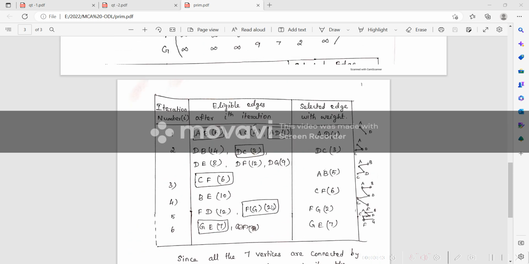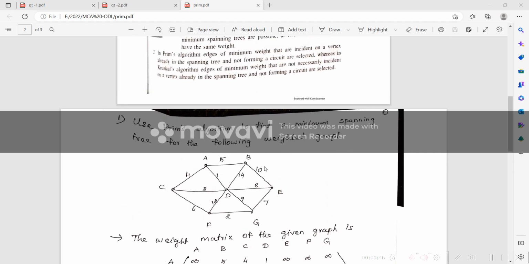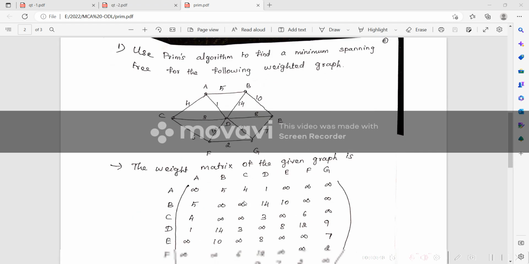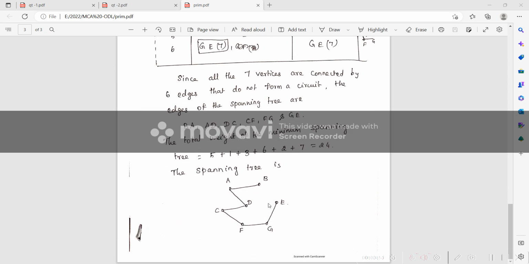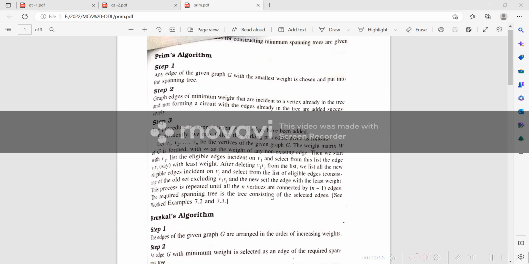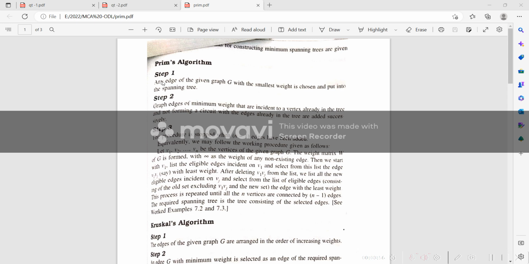Okay, so using Prim's algorithm for any connected graph we are going to construct one spanning tree. So first we will see the algorithm. Okay, so first step. So what is first step? Any edge of the given graph G with the smallest weight is chosen and put into the spanning tree. So initially we are taking any edge which has smallest weight, so that one is selected and taken in the